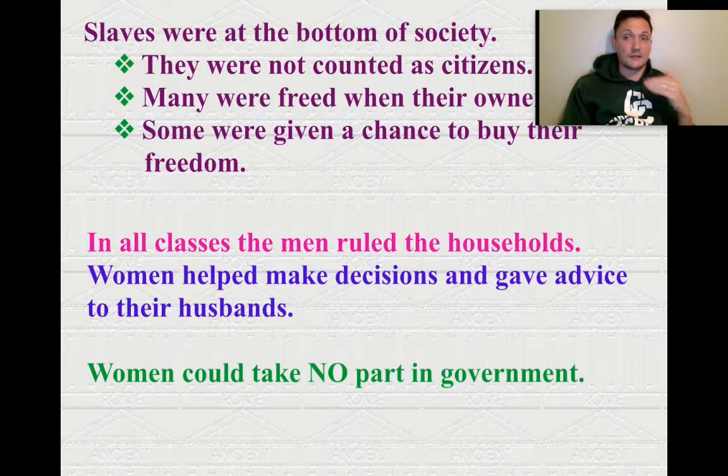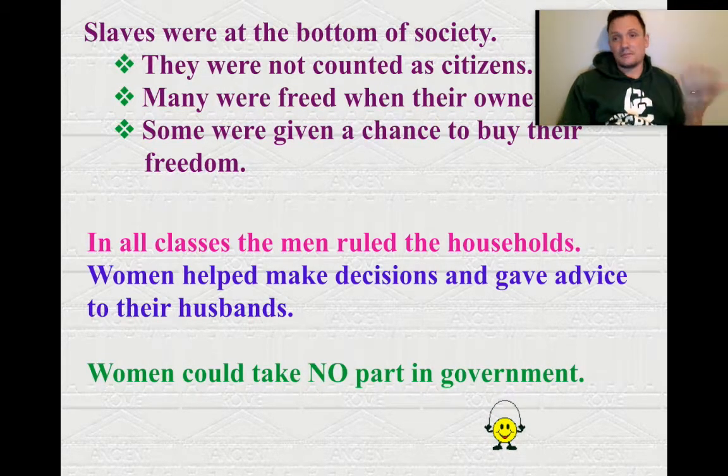A lot like ancient Athens, the women had a very